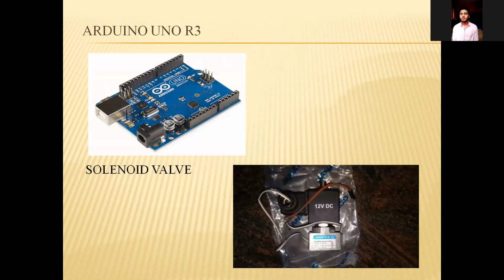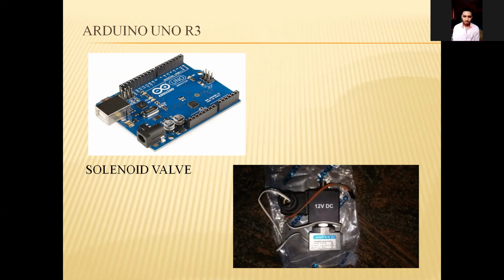Now we come to the main heart of the incubator, our Arduino Uno R3. It's the latest version of the Arduino Uno. We can see many types of Arduino, like mini, mega, and so on. But for our work, the Arduino Uno is the best because it is cheap and useful for basic purposes. Anyone who is not a programmer can also use it easily.